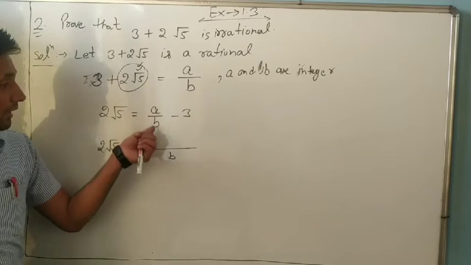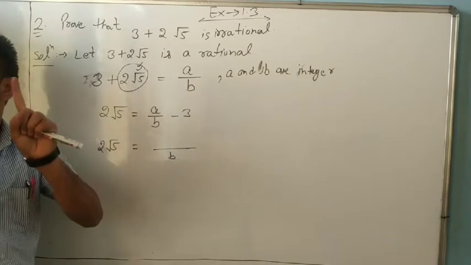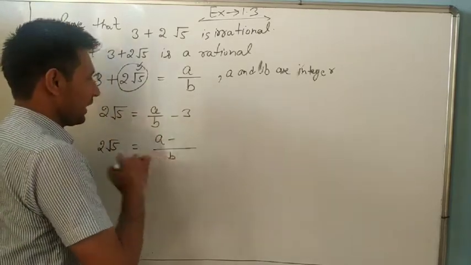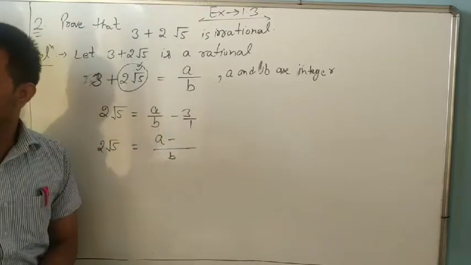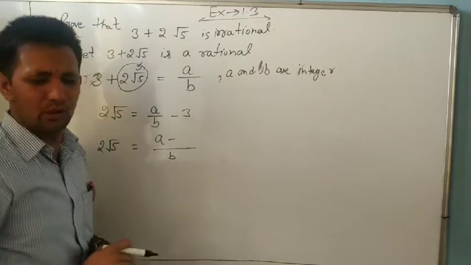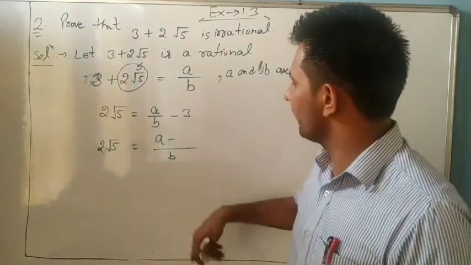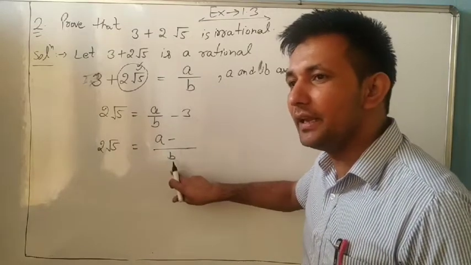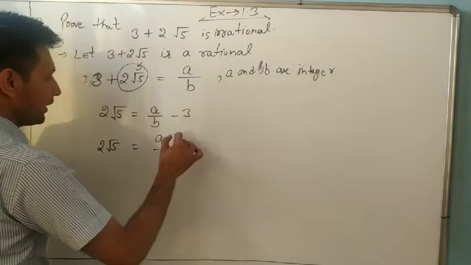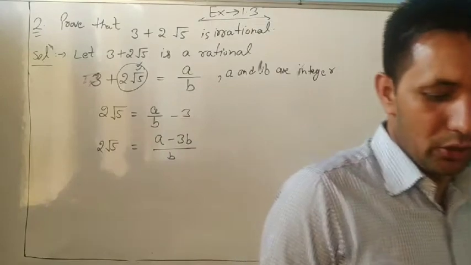How will you solve with the LCM? The LCM is divided by the denominator: B divided by B is 1. What did we get? 1 multiplied by the numerator, 1 into A. Now 3, can you write it as 3 by 1? Yes. Otherwise, you can write it directly. Now you are in 10th class, no need for 6th class methods. If there is no denominator, you can multiply B into 3, numerator multiplied directly by the LCM. So 3 into B. So it has become 3B. Understand?